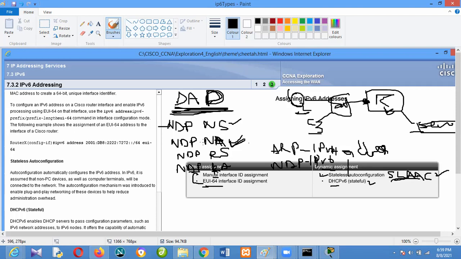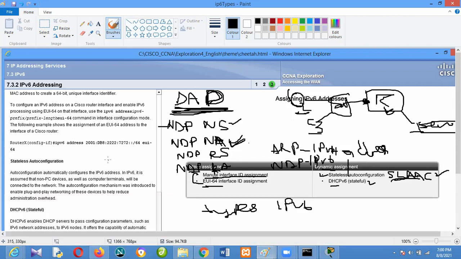That's where they focus on what you can do on the router. So let's start by configuring manual assignment. By the time we finish that, I will talk about types of IPv6 addresses.